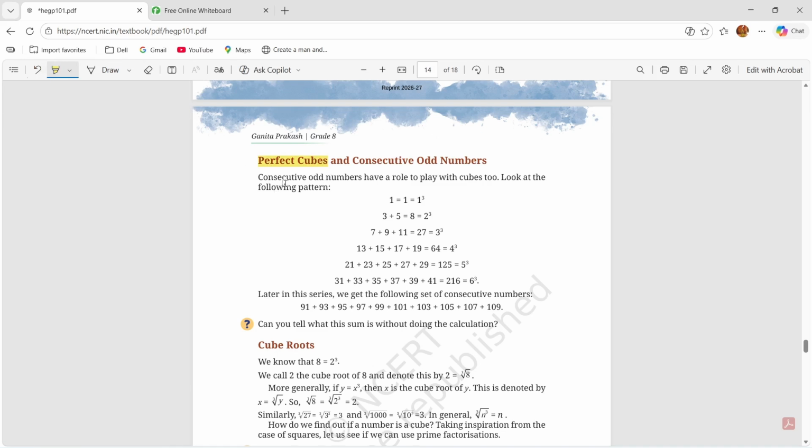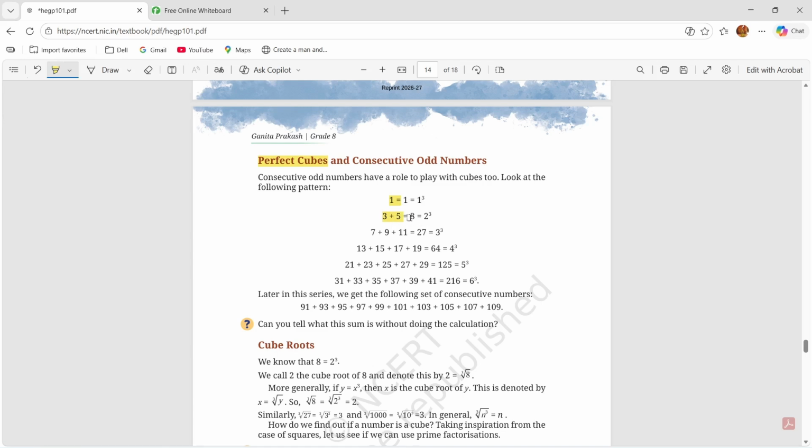Now we are going to discuss the relation between perfect cubes and consecutive odd numbers. Consecutive odd numbers പിന്നെ പെർഫെക്റ്റ് ക്യൂബ്സും തമ്മിൽ എന്തെങ്കിലും പാറ്റേൺ ഫോളോ ചെയ്യുന്നുണ്ടോ, എന്തെങ്കിലും റിലേഷൻഷിപ്പിലാണോ എന്നുള്ളത് നോക്കാം. അപ്പൊ ആദ്യത്തെ 1 ക്യൂബ് തന്നെ, 1 = now next two consecutive odd numbers we are adding 3